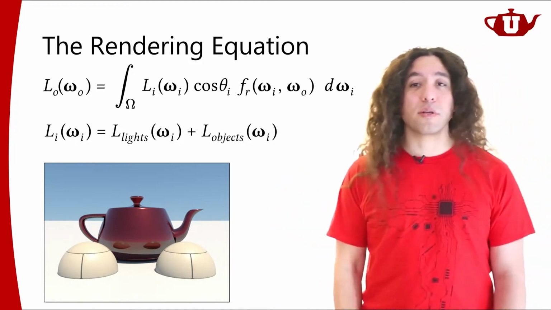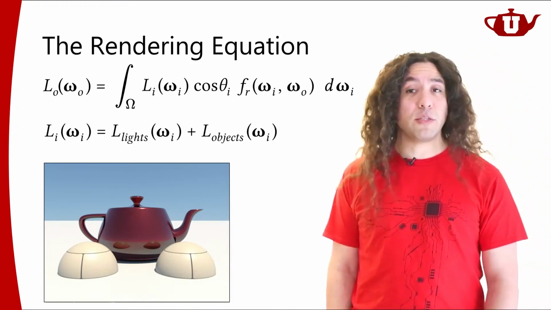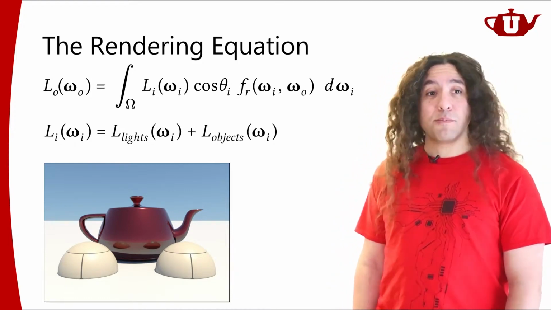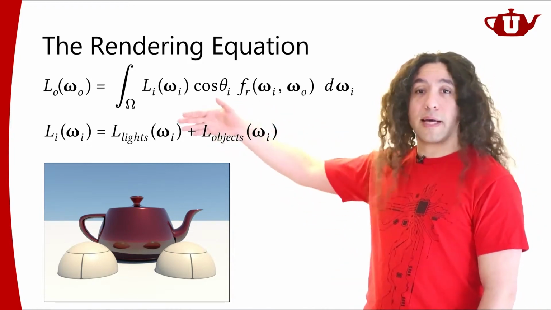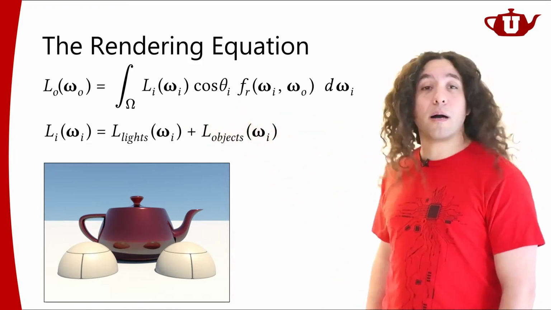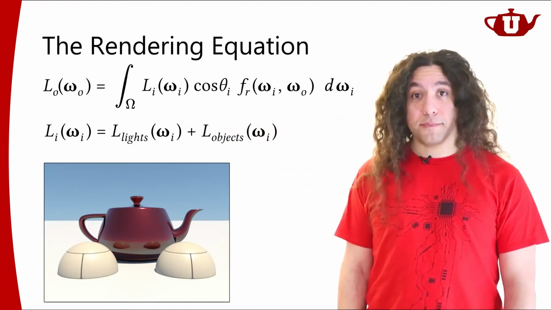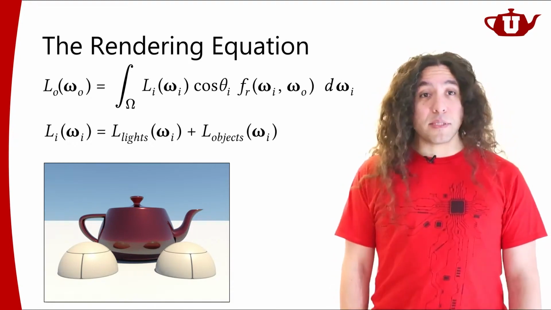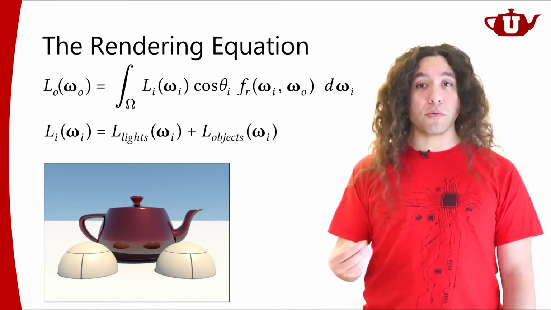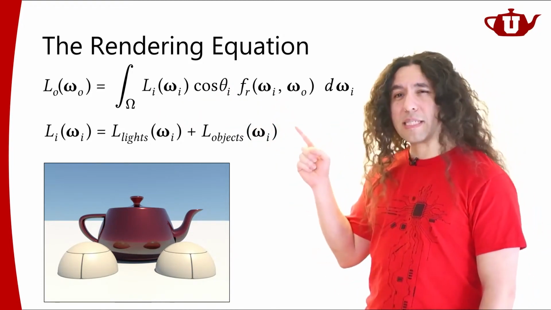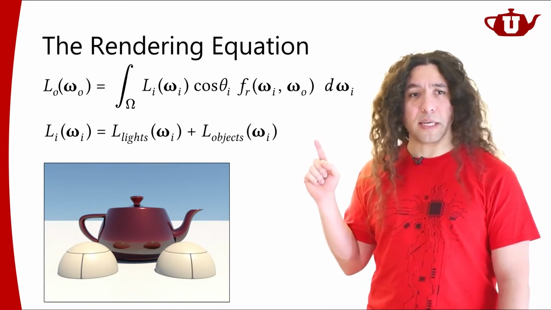Now, this is a very, very important concept, and this is going to play a lot of role in what we're going to be doing next. It's important for you to understand that these are the same things. Right? The light coming from the light sources, light coming from the objects, it's the same thing. But we are going to compute them differently. Because oftentimes you will see that light coming from the light sources directly, that's going to be a lot easier to compute. Light coming from other objects, that's going to be a little tricky. It's going to involve a lot more computation.